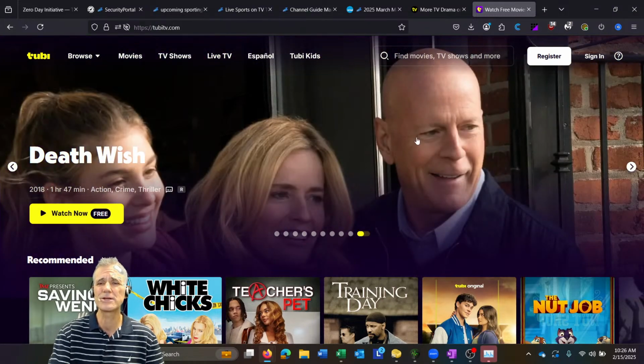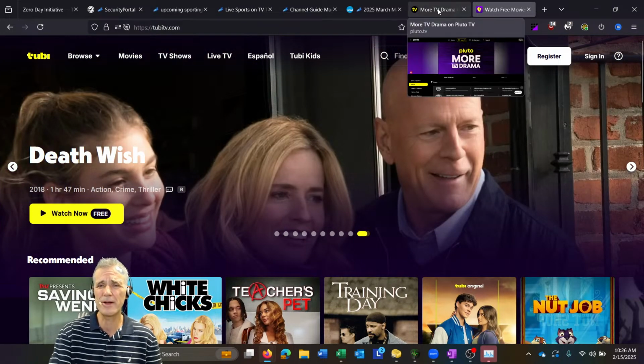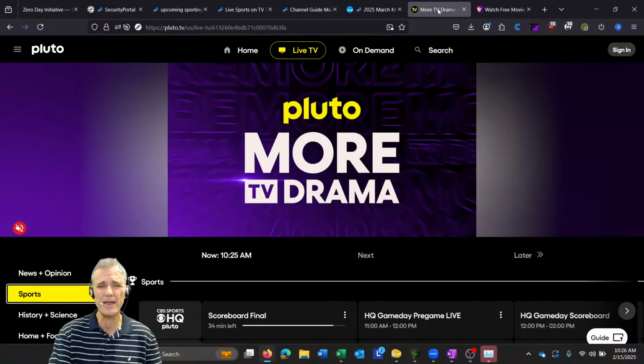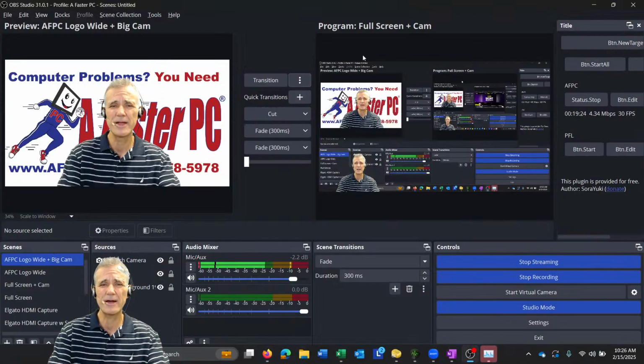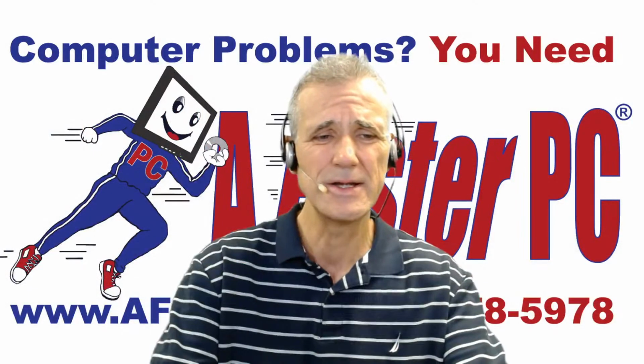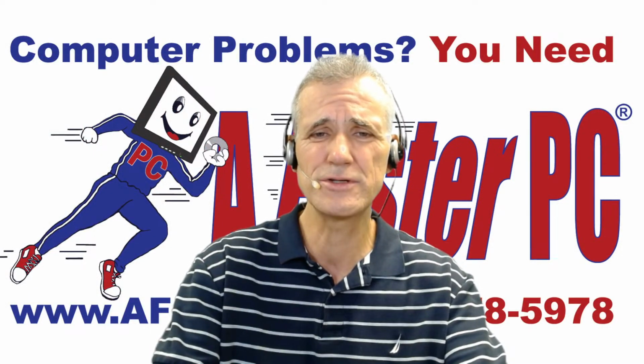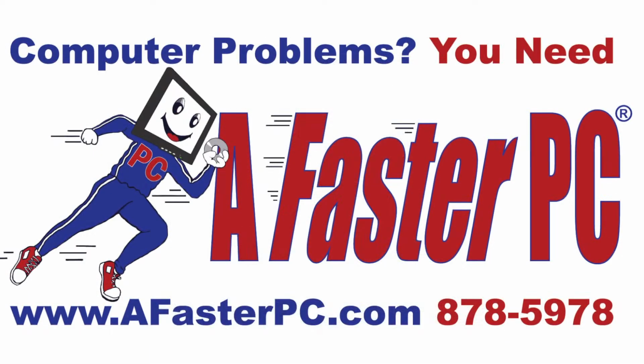Then you can connect that into a modern television, and you'll be able to stream this content and watch it on your TV. Of course, you can get a Roku as well. We've shown you how to set up the Roku devices, and if you're interested in doing that, we can help you with that.